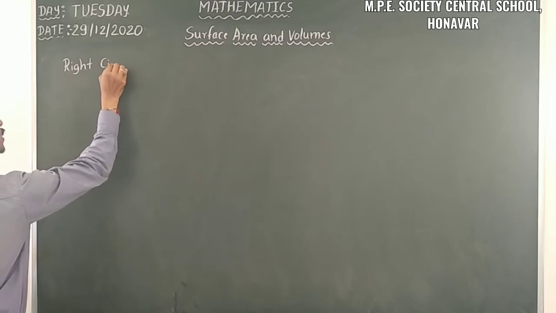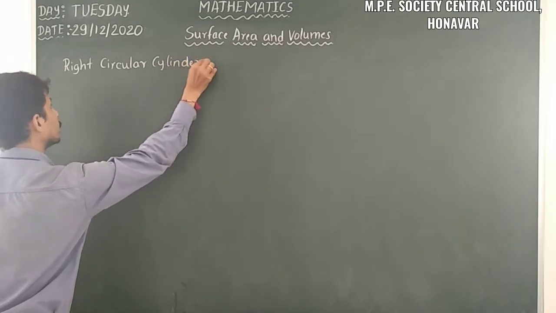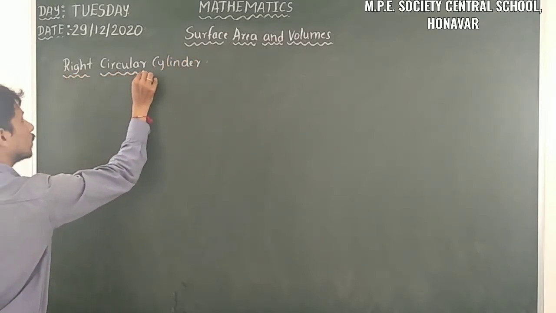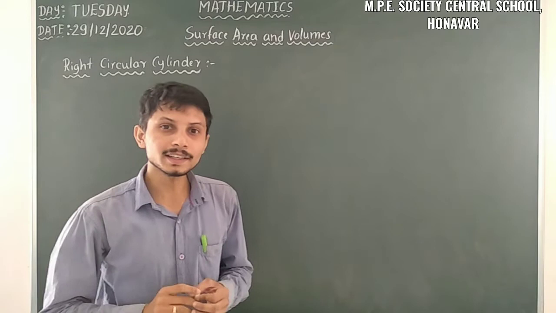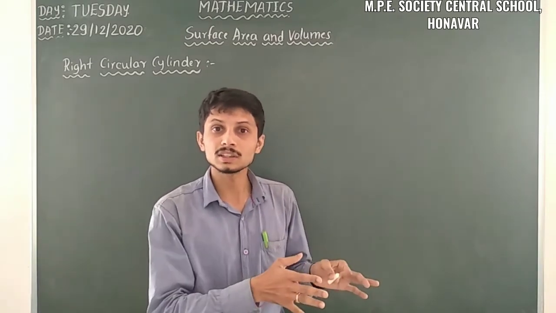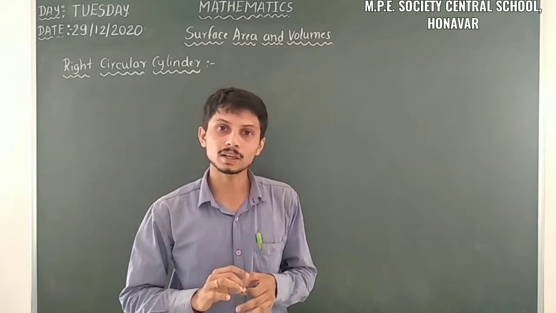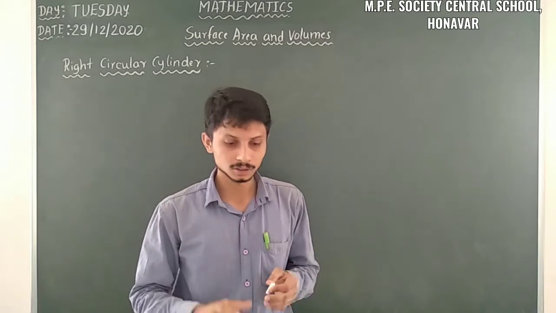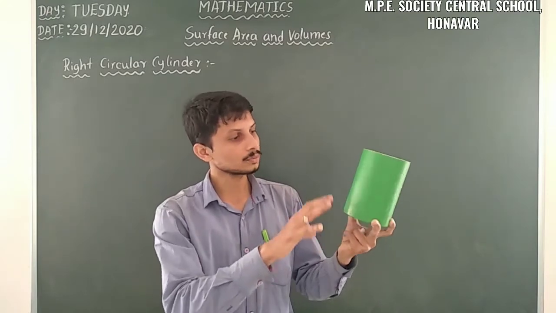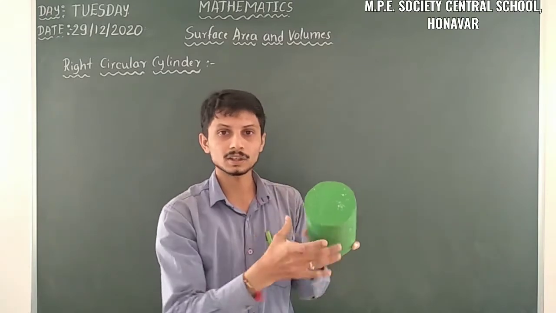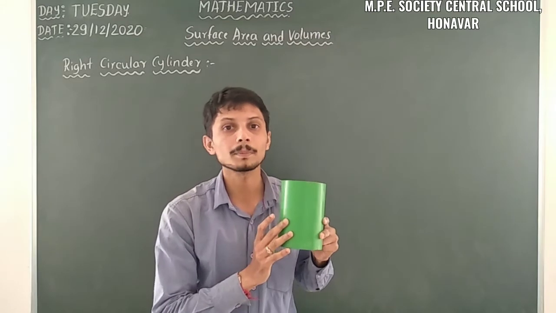Right circular cylinder. Yes. So the cylinder, you already know about it, in your kitchen you are using the cylinder. That means the shape of the cylinder. In mathematics we call it a cylinder. Just observe, this is the example for the cylinder. Here it is a curved part, here it is a circular part, and the bottom part is also a circular part. So totally we call it a cylinder, the shape of a cylinder.